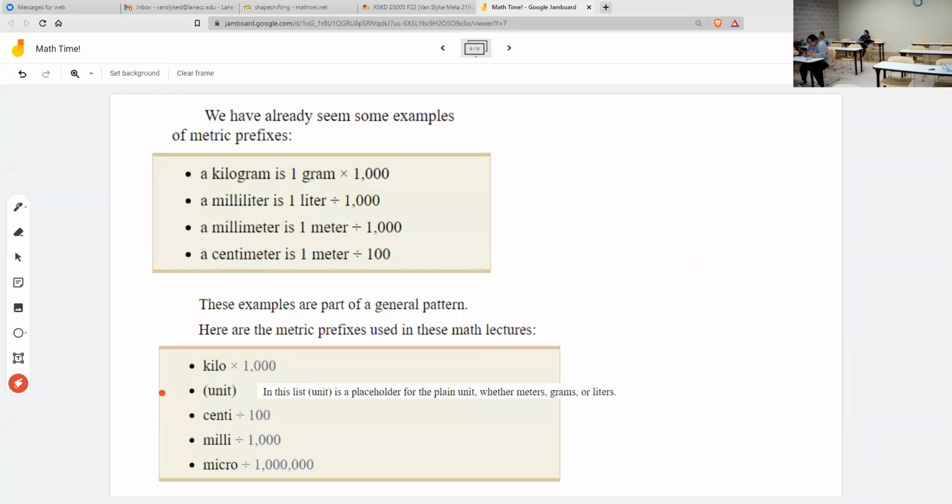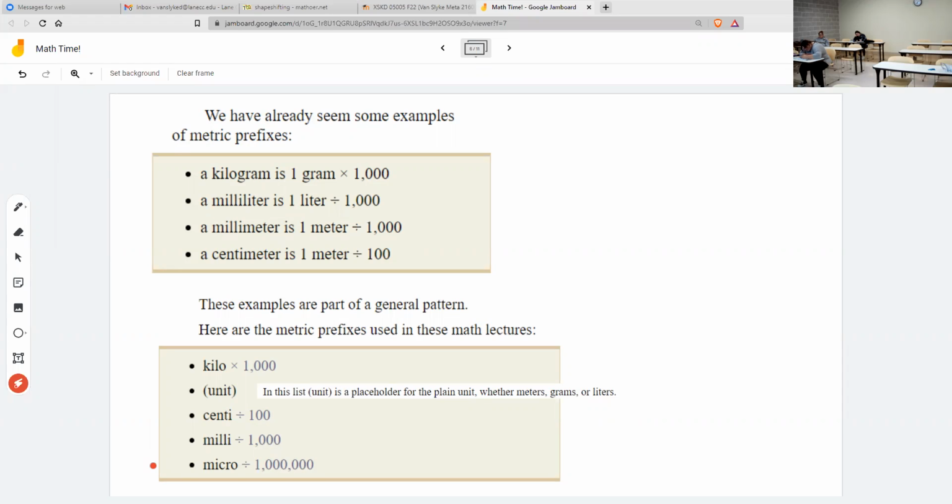So a watt is tiny, so your electric bill has kilowatts on it. Centi is divided by 100, milli is divided by 1,000, and micro is divided by 1,000,000. And usually the only one we see micro with is grams, because if you're doing pharmacy work, then micrograms is how much medicine is in most pills. It will be very rare, especially in this country, to see any prefix in metric other than kilo, centi, milli,